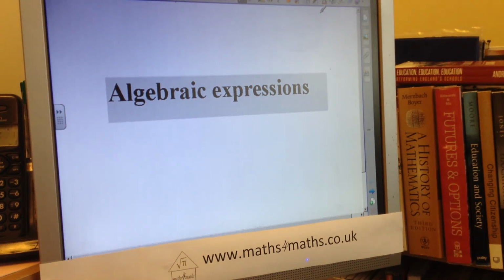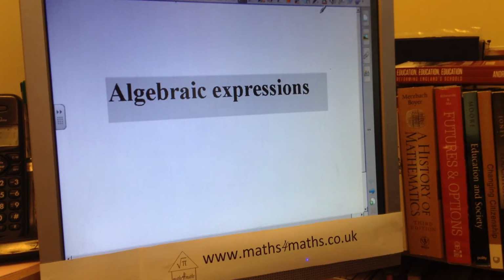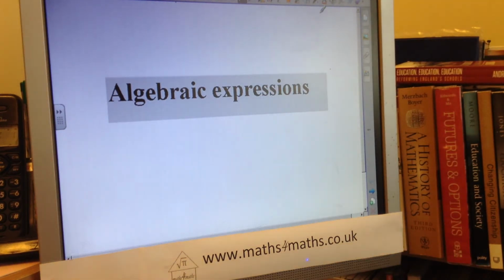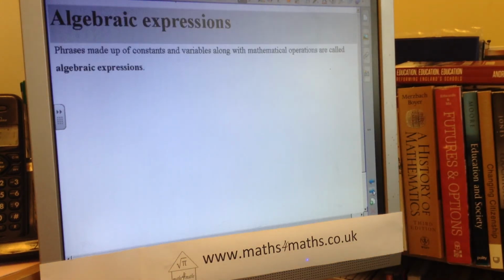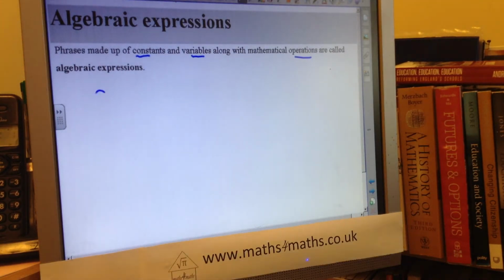Today we are going to learn algebraic expressions. Phrases made up of constants, variables, along with mathematical operations are called algebraic expressions. Examples: